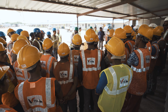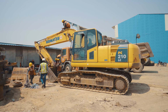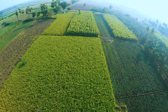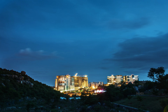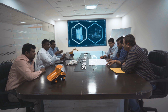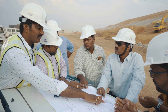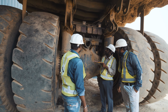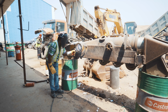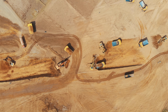A massive army of men works towards fulfilling the project that will ease out Telangana's water issues and would boost agricultural, drinking water and industrial sectors. Before starting the work on the field, plans are carefully drafted out with extreme minute details to make every bit of the project perfect and successful. Every worker at the site has made this dream their own and are working day and night to elevate this